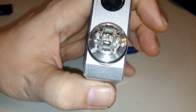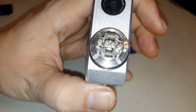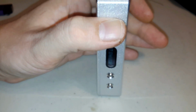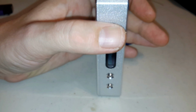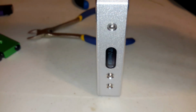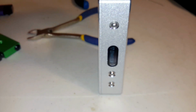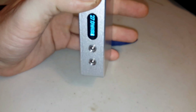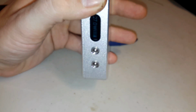Okay guys, sorry, I kind of did this ahead of time. I got overzealous there. So you get them in like that. I got this on my IPV. When I first put it in, I hit the fire button just to see what the resistance would tell me. And this is just as accurate as one of my boxes here. But anyway, it told me like 0.12. I'm like, oh man, it's way too low. I need like at least 0.2 something. Well, I burnt it in. Now it's reading